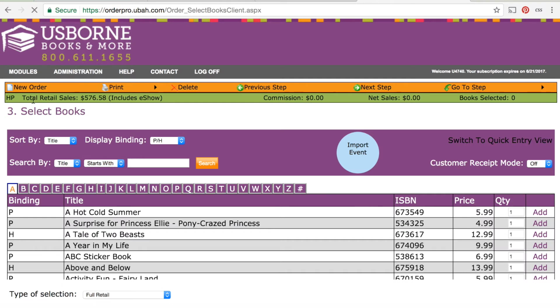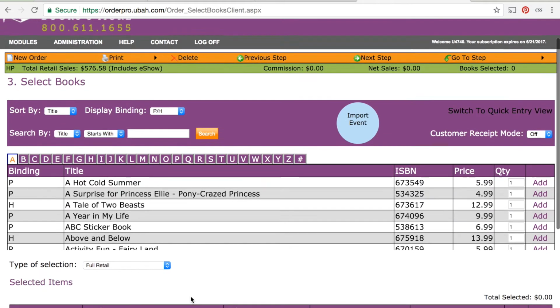And then you can see it shows me the total retail sales for the party. It's not going to say anything for commission. That does not mean that you didn't earn commission. The only thing it's going to calculate commission on is if you enter anything in here at full